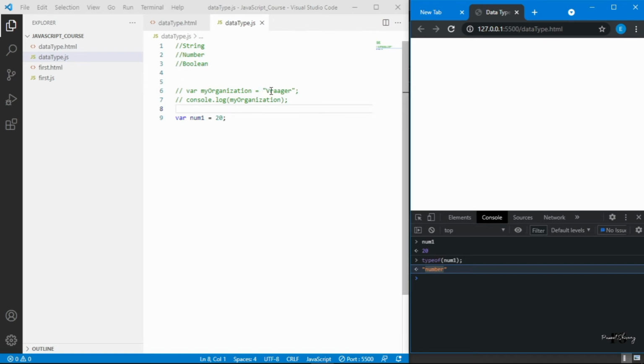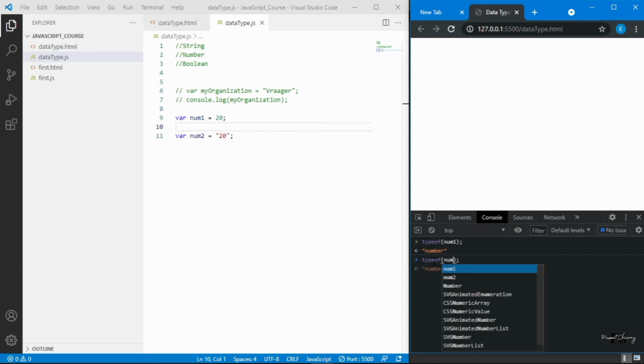The first variable we created was in string form. The second variable I created is in number form. Now if I create another variable, num2, and do the same thing here, what is the type of num1? num1 is in number form, clear, no doubt.